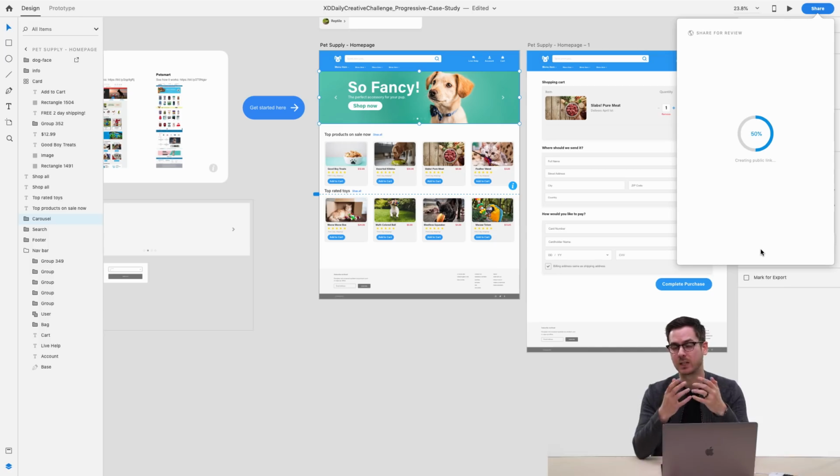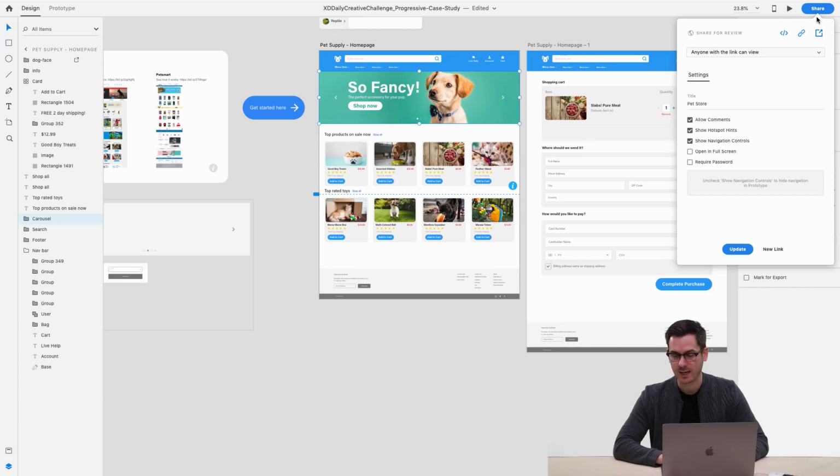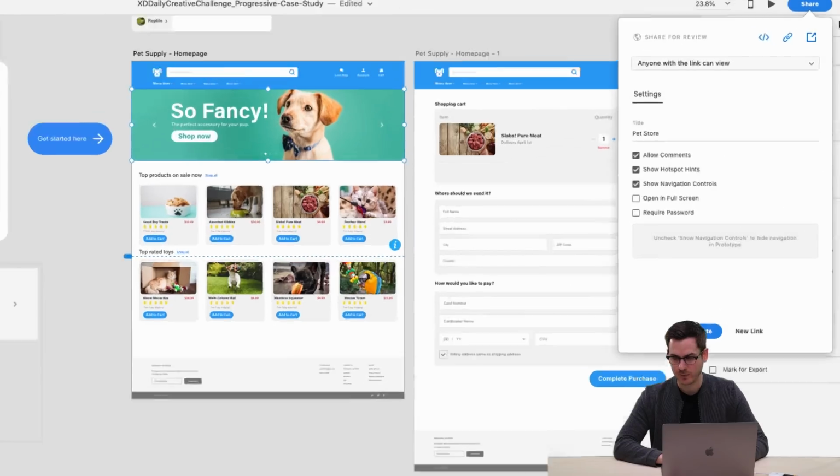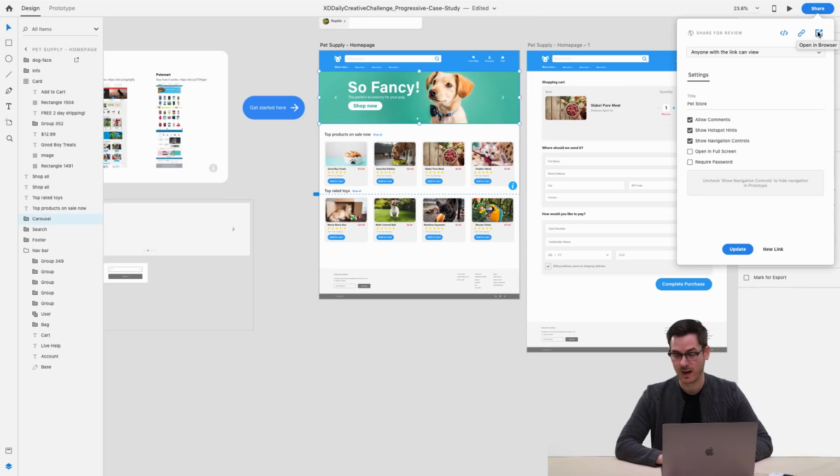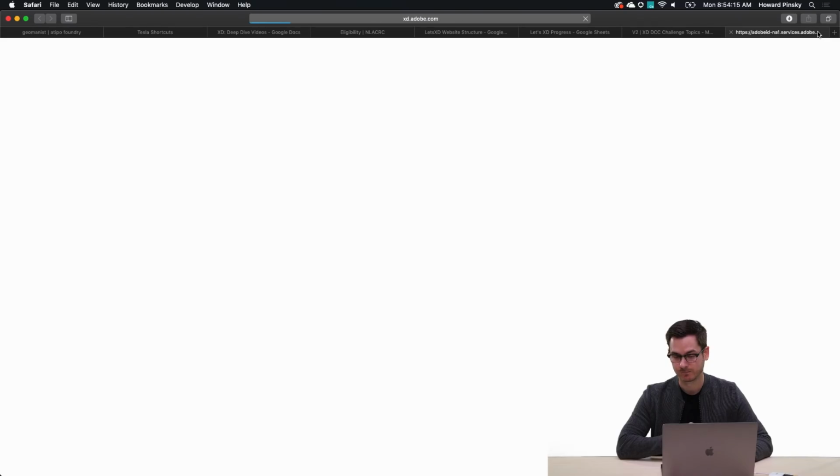So this will allow me to share this with basically any client I might be working with, friends, family, coworkers, whatever. And once this is finished, I can copy the embed code right here at the top. If I zoom in, copy the embed code right there. That'll allow me to paste it directly on Behance. I can copy the link, or I can open it in the browser. And if I do that, here is,